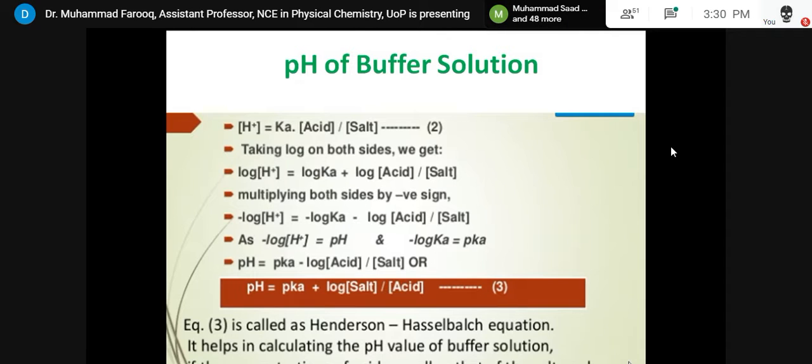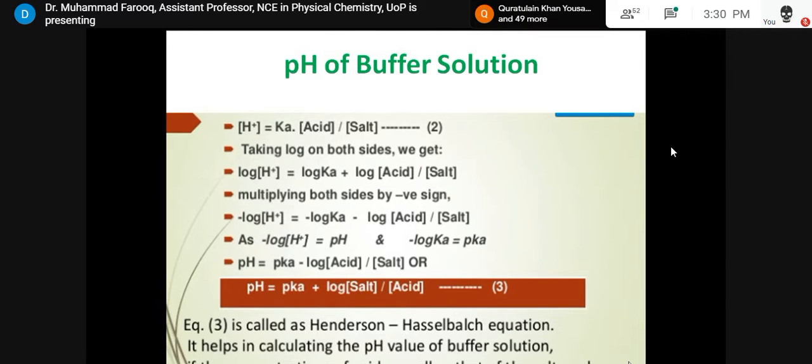pH, minus log of hydrogen ion, meaning the activity of hydrogen ion, is called the pH. So I can write pH is equal to minus log of H positive, while minus log of Ka is equal to pKa. This is the dissociation constant for the acid, but in terms of log, I will write pKa, which is always equal to minus log of Ka. Another constant. This clear?